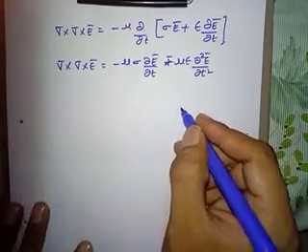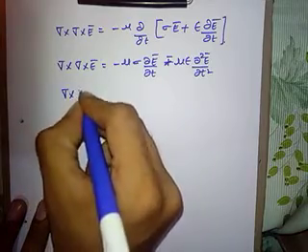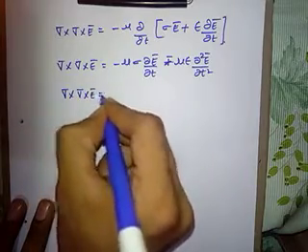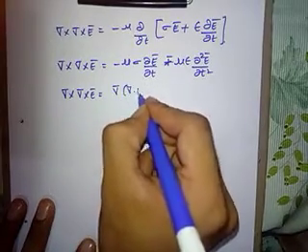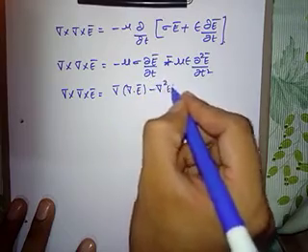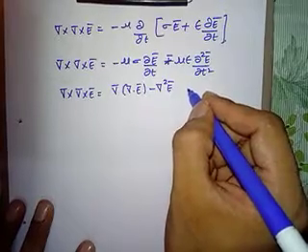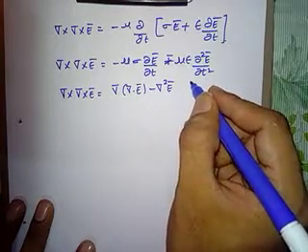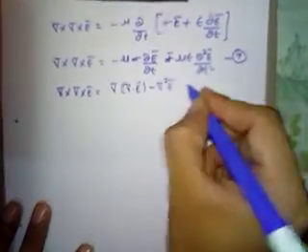We know the vector identity. The vector identity is del cross del cross E bar equal to del dot E bar minus del square E bar. This is the vector identity, an important vector identity. Memorize this. This is repeatedly used in most of the derivations. Okay. So let us take it as 7 and this as 8.